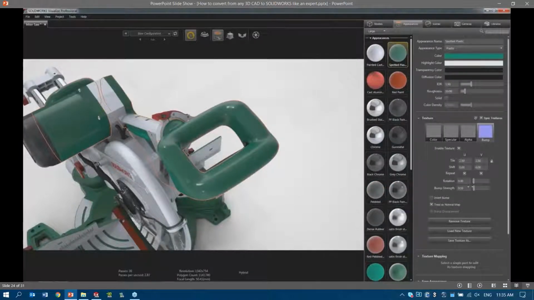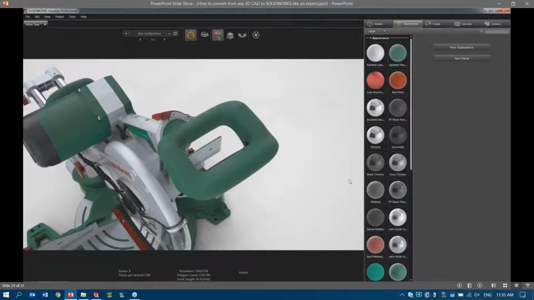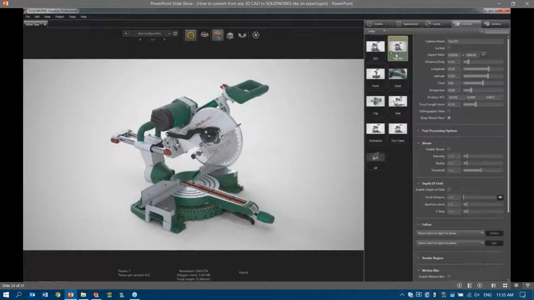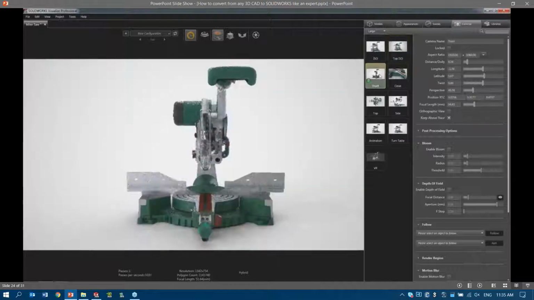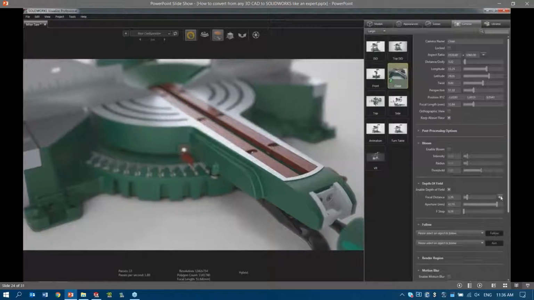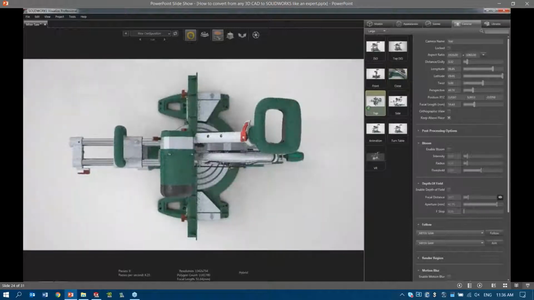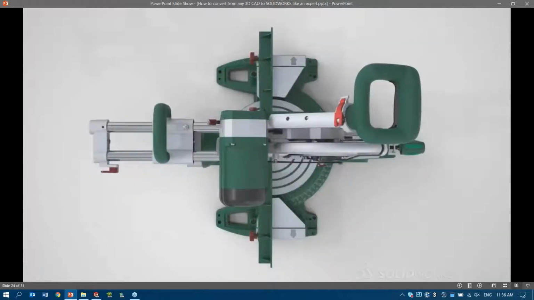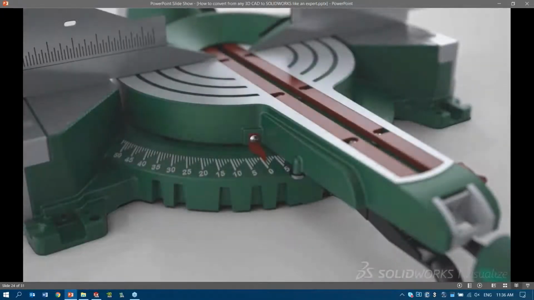So even though I'm working maybe in Inventor, I could open this file inside of Visualize and now start painting the file to create some high-end rendering, some photo quality rendering. So I can play with my cameras, paint the model using different textures, play with the textures, set up a depth of field, work with my camera lens, and create even animations and really create some high-end photo quality